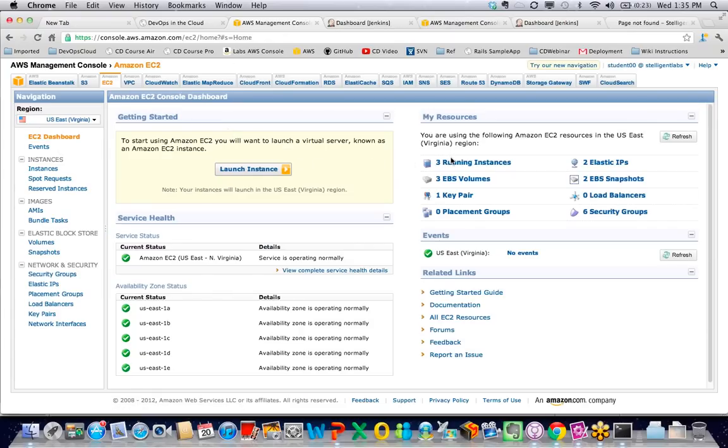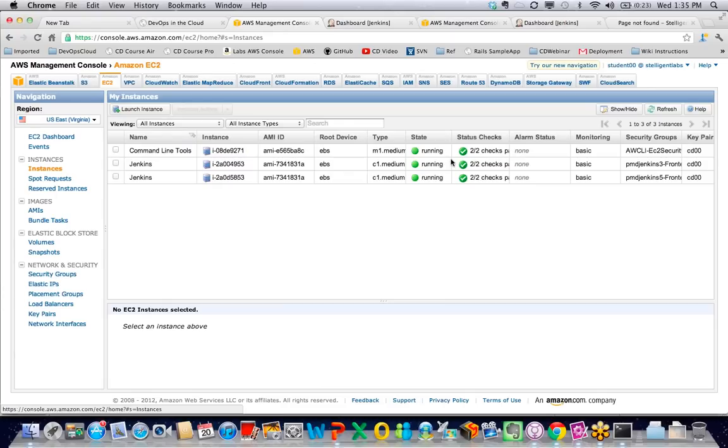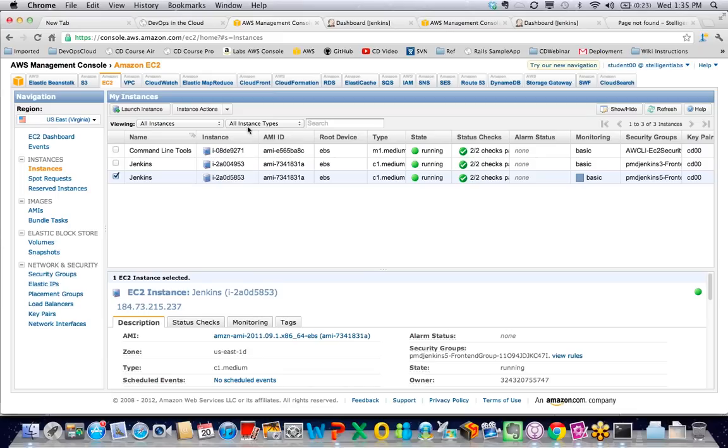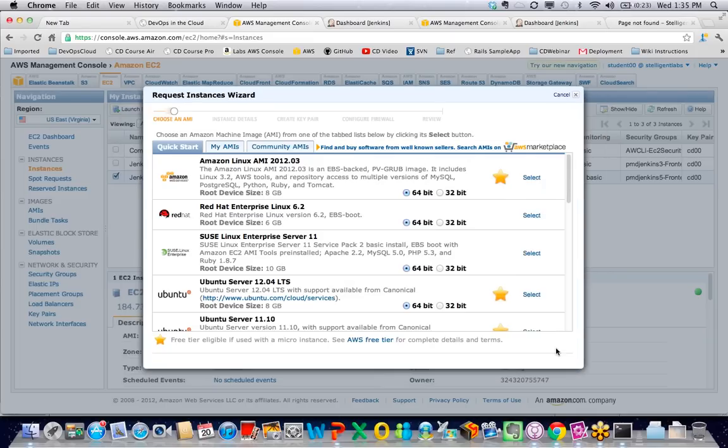And now I have a security group, but it doesn't do anything because I actually have to go to an instance. And so you see I'm going through this through the management console. But like I said, you can go through this through a RESTful API. You can go through an SDK, and then just kind of straight up command line as well. So for instance, I can go to this and I can assign a particular security group to it on the definition. So let's say I launch a new instance.